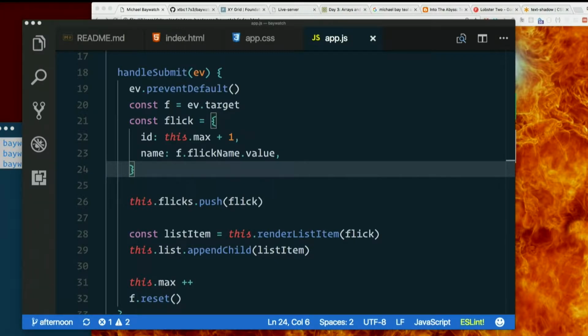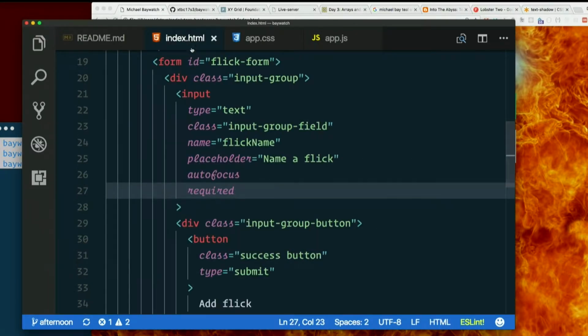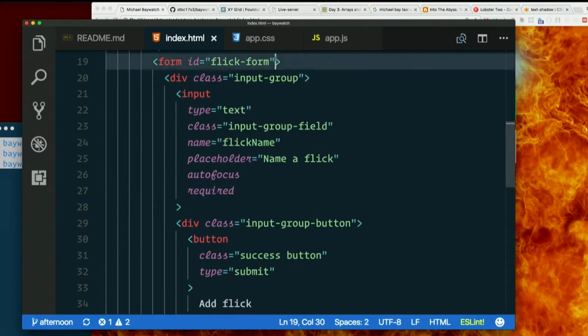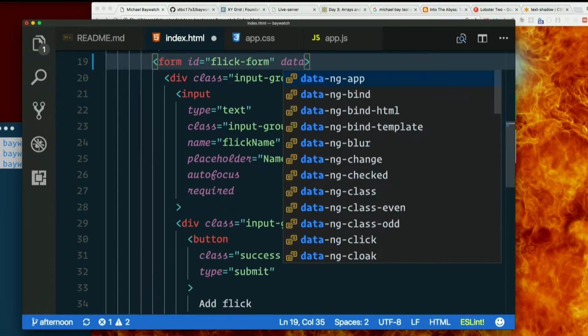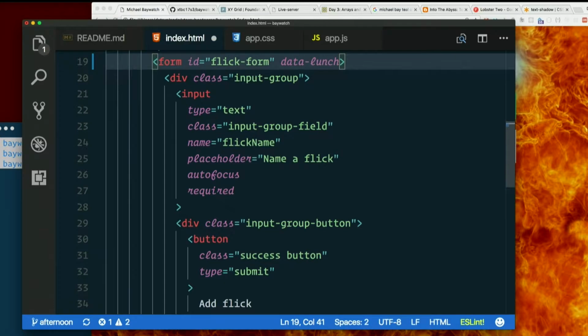I want to take advantage of another new feature in HTML5, data attributes. So what that does is allow us to put basically any attribute we want, as long as it begins with data hyphen. I'll show you what I mean. So let's look at old form here. Let's just stick data dash lunch equals,